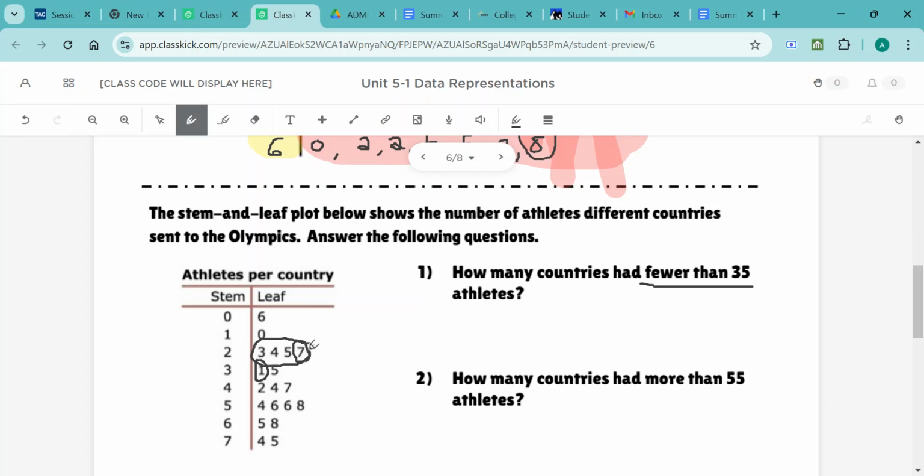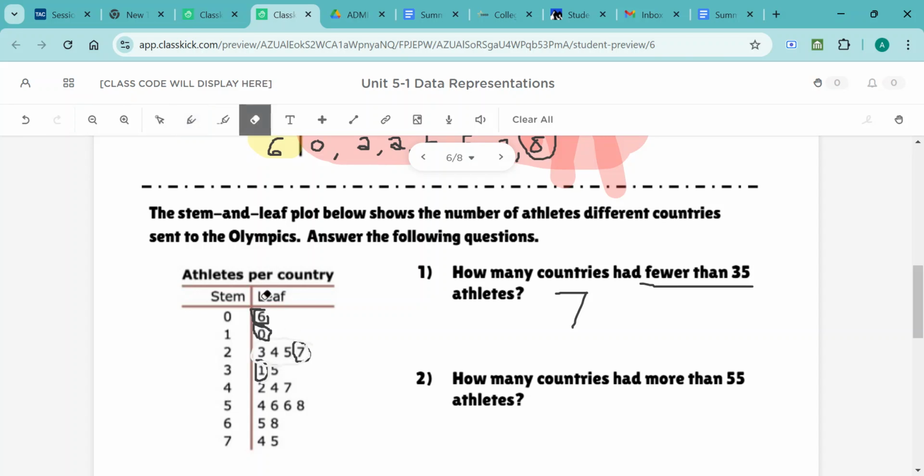So far we have 1 and 4. And then this one's lower than 35, and this one's lower than 35. So really everything below these in this little area is less than 35. So how many do we have? 1, 2, 3, 4, 5, 6. I lost my count. 1, 2, 3, 4, 5, 6, 7. 7 countries had less than